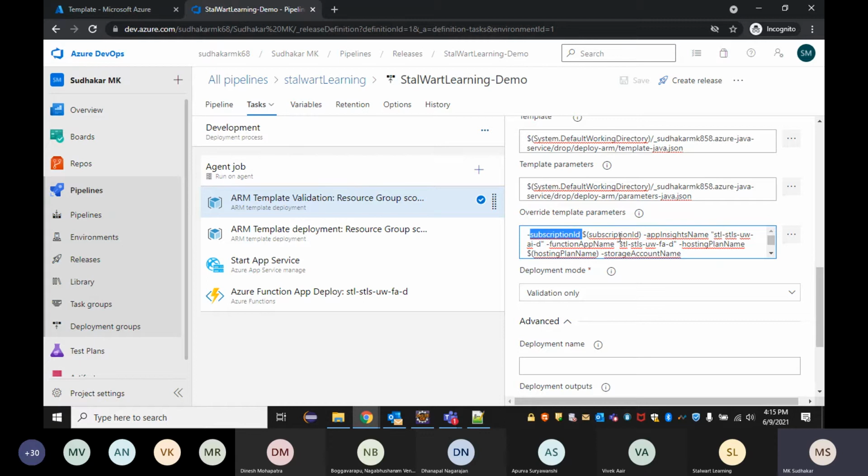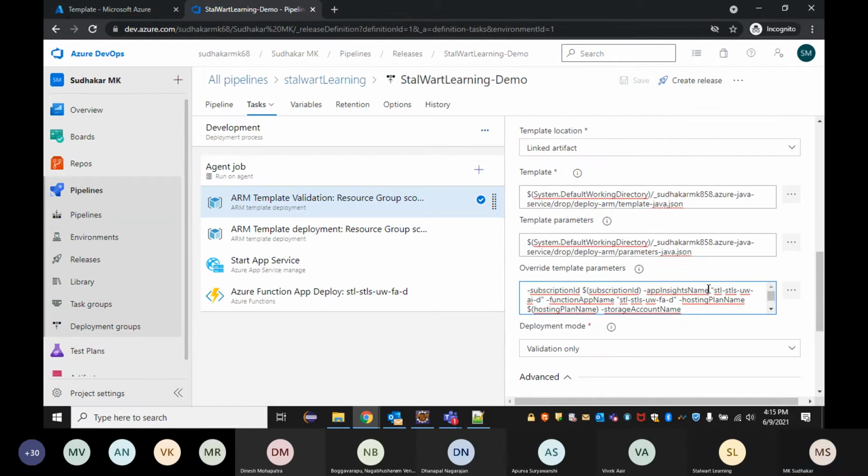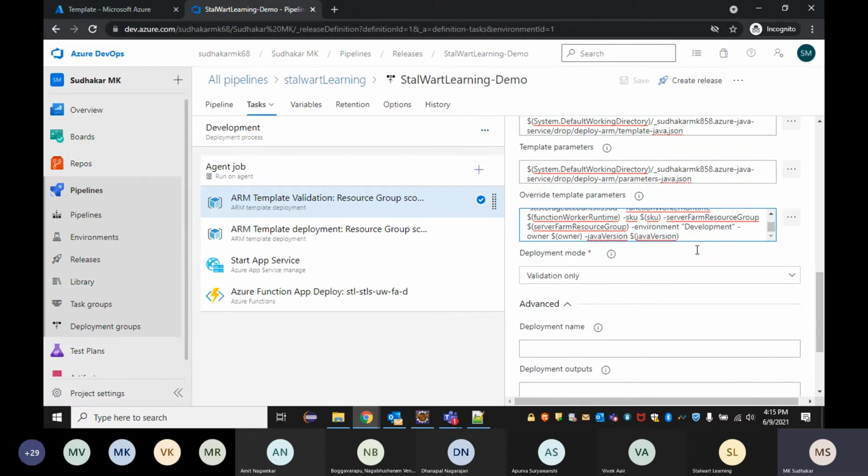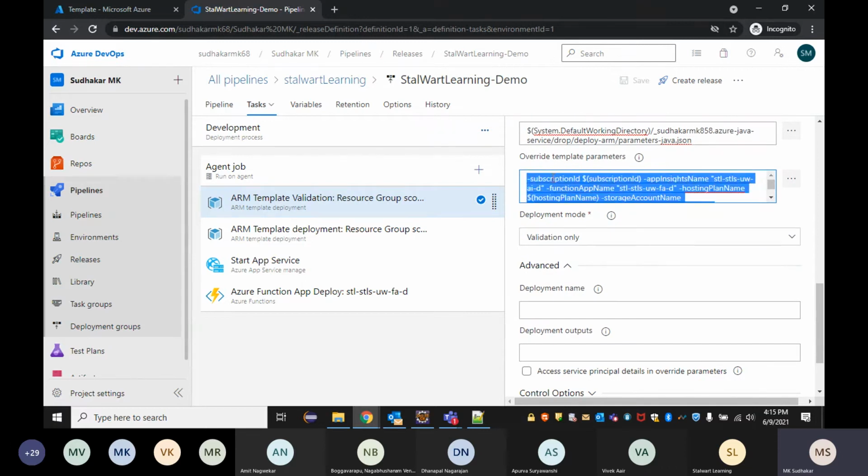For example, the subscription ID is coming from the library, and the app insights name I declared here directly. So that's how we can create the template with parameterization. All my 11 parameters are sitting here. A few of them are coming from the library, a few of them are kept directly here.